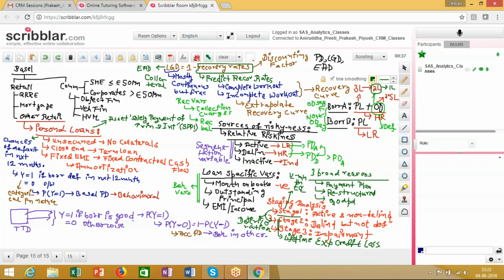But again, the input which enters into the model, or the broad classification of the input, is more or less the same. That is why, when we look at the classification of the variables and the way the two regulators treat the same model, it is very different. So the LGD model for the